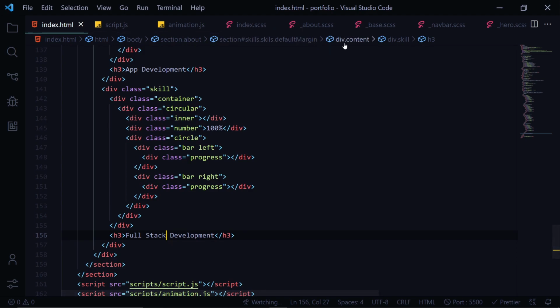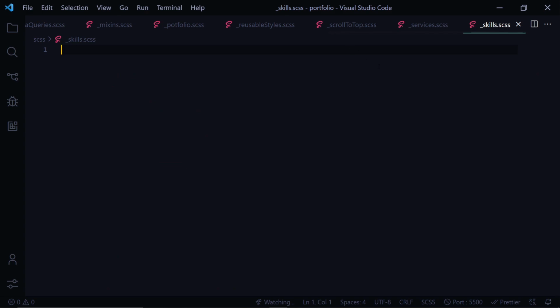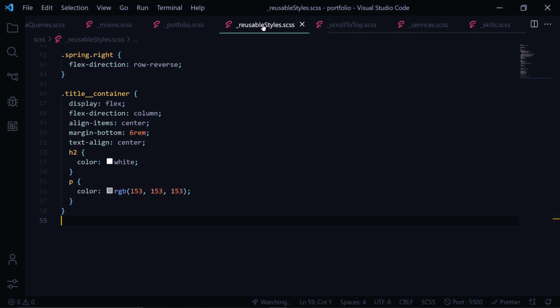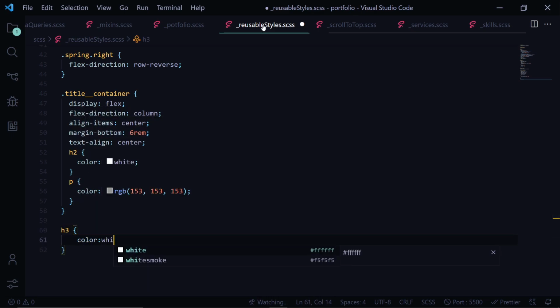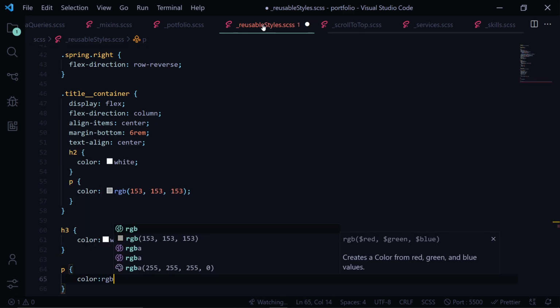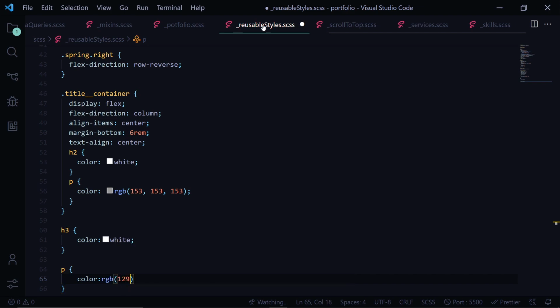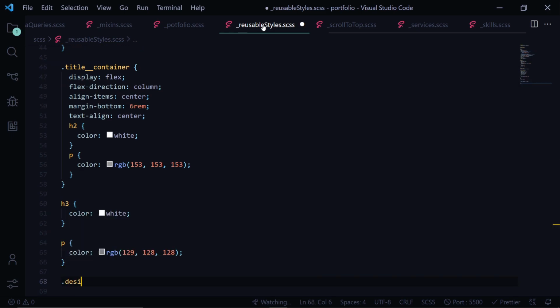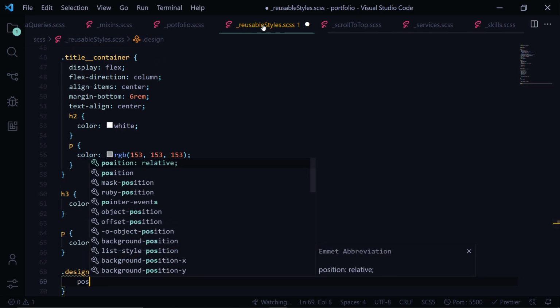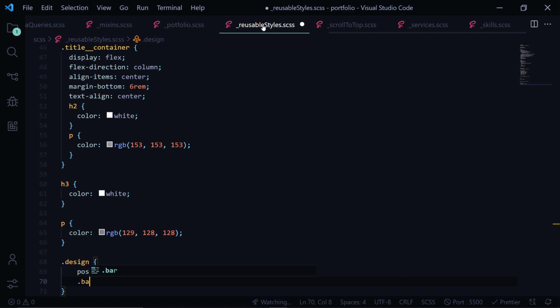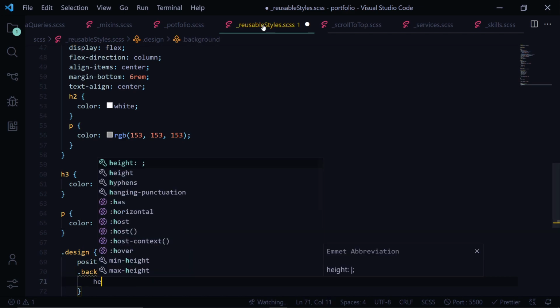Now let's move on to the skills.css. Before doing that, I'd like to add some reusable styles here, which would be h3, a color of white, and the p would have a color of RGB 129, 128, 128. Save it. Now while we are here, let's also add another class, design. We'll give it a position of relative, height of 10 rem,